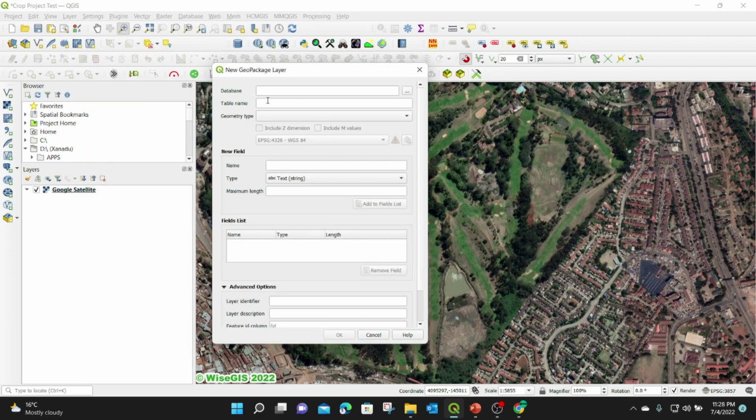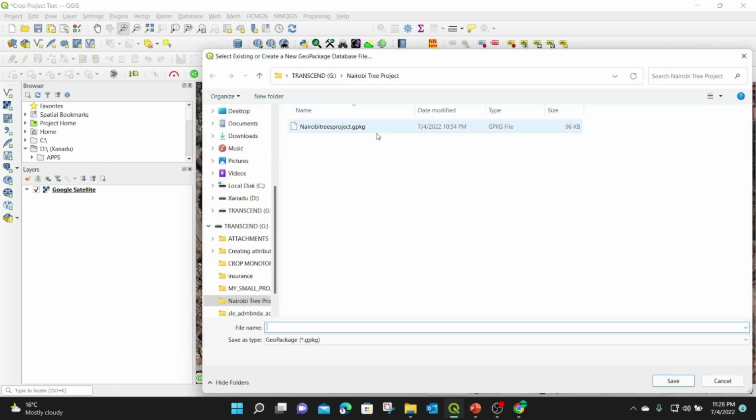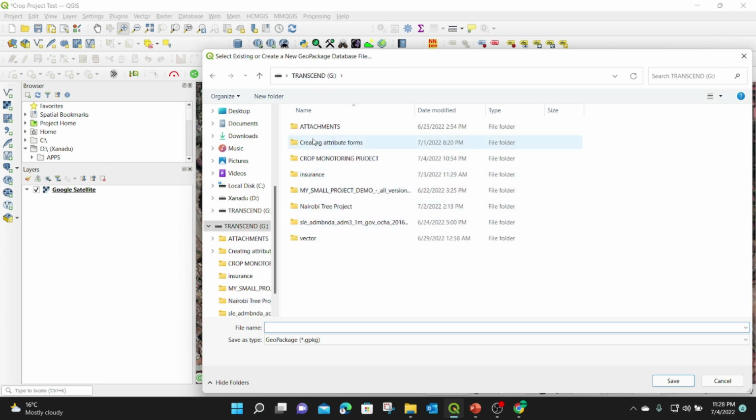You can actually create a new shapefile layer. You can actually create whatever you want. So I'm going to create a database first. So I'm going to click on browse to save it somewhere. And I'm going to be saving it